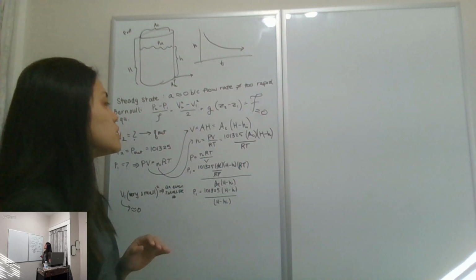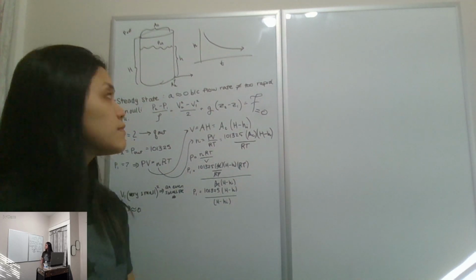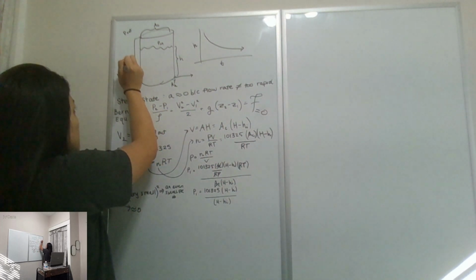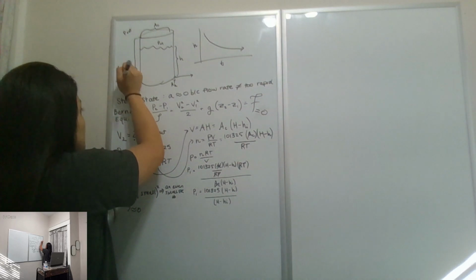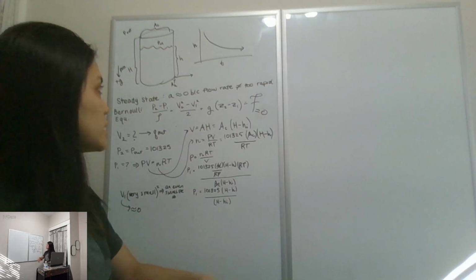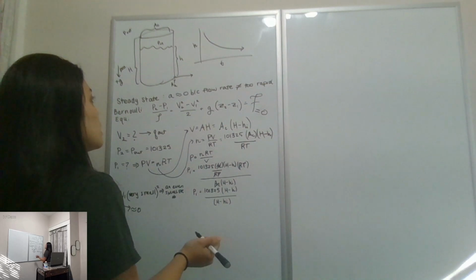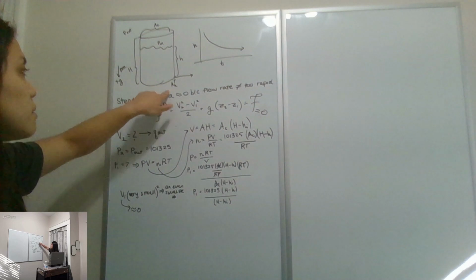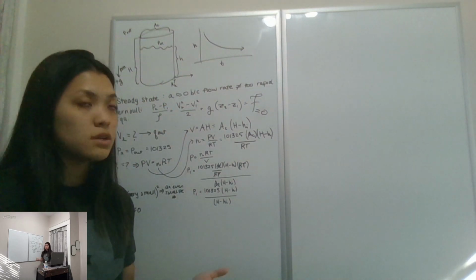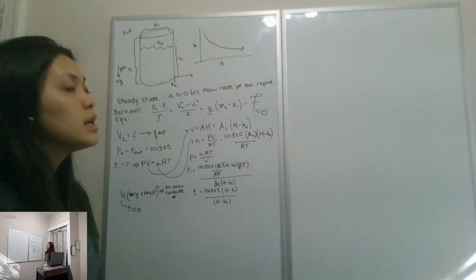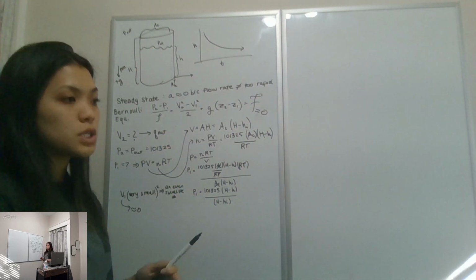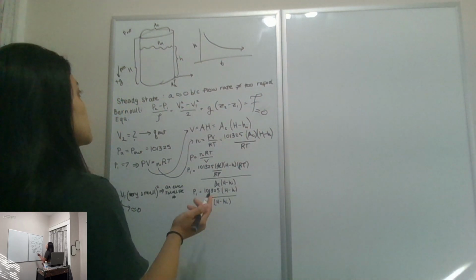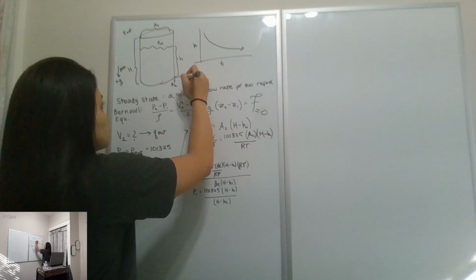So to do this, we have to determine which way is negative and which way is positive. So we're going to say that going down is going to be positive. So that would give us a positive gravitational acceleration because the fluid height is going down. And we're going to define our 0. So we can either define 0 at where the fluid height is or at the bottom of the tank. The only issue with defining 0 at where the fluid height is that the fluid height is constantly changing. So that means your 0 is going to be constantly changing, which creates a few problems. So the easiest thing to do would be to define this bottom here